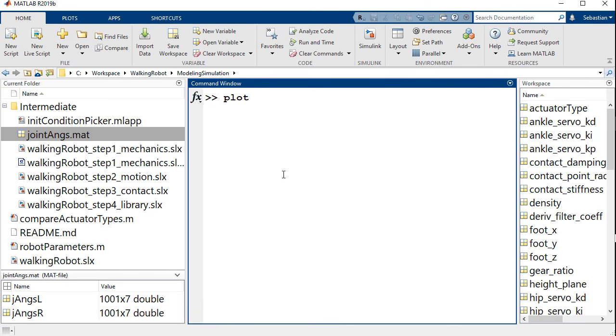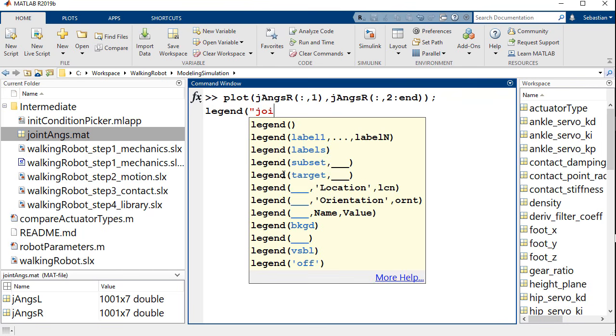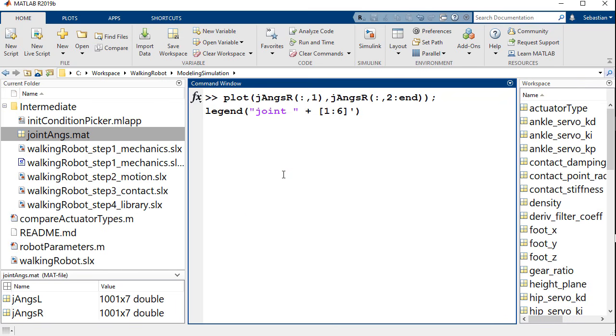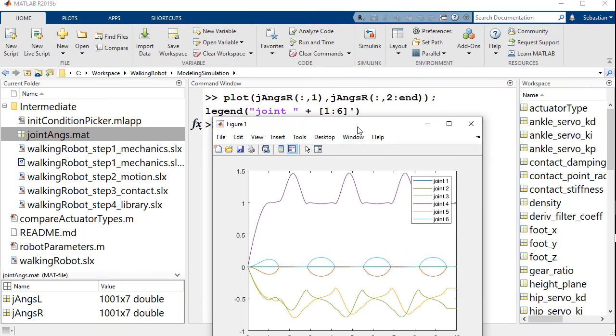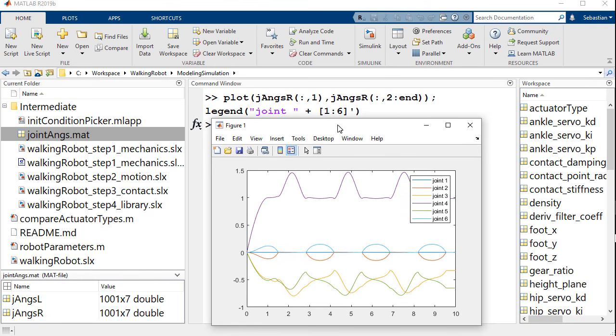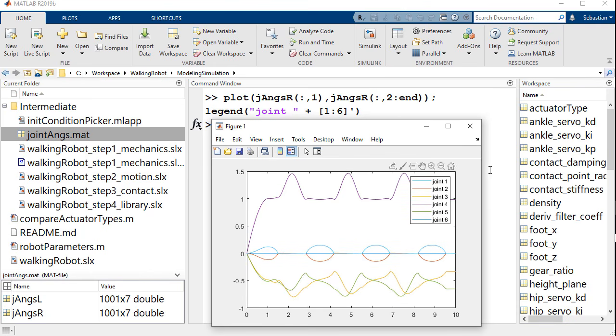I'm just going to create a MATLAB plot here of basically the first column, which is the time values, against the second through last elements of the right leg's joint angles. Before that, I'm also going to add a legend so that you can see which plot corresponds to which joint. So I'm going to do some string magic here, and let's see what this plot gives us. So again, here you see that this is our list of joint angles over time for joints 1 through 6